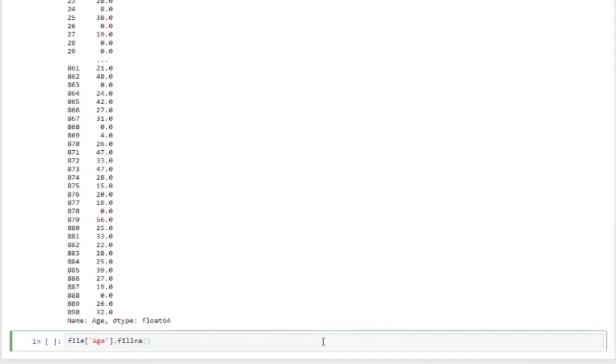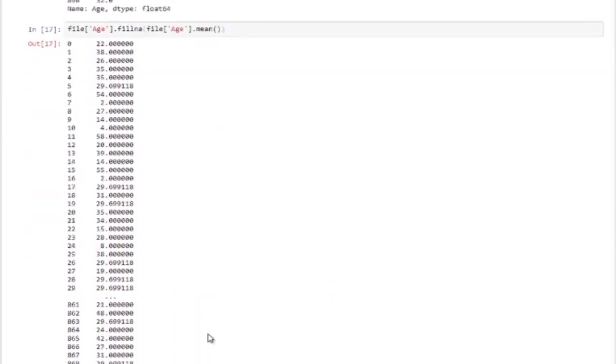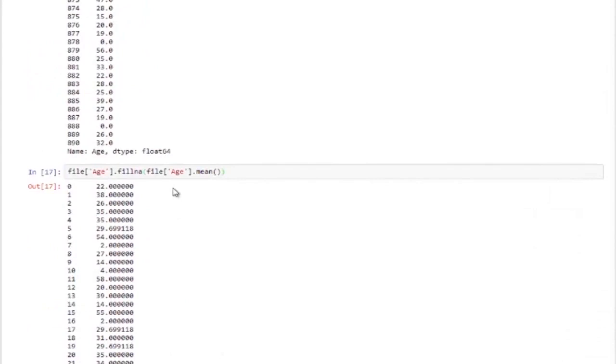Now here we have to specify the value with which we want to fill the missing values. We want the mean of the age variable, so let's just calculate the mean of the age variable, and this is it. So instead of 0, you have now filled your missing values with the mean age. Similarly, you can do the same for the median and the mode.